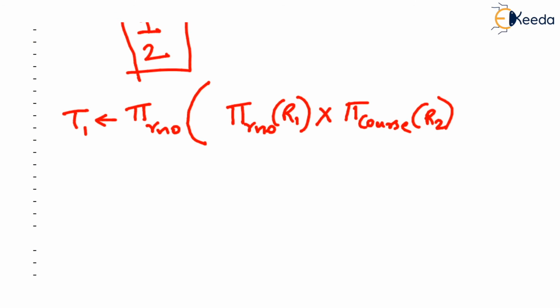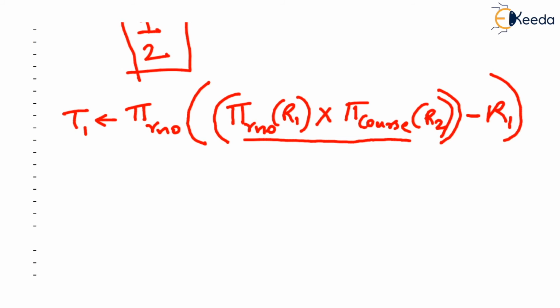This gave us a new or temporary tuple which says that all the students have taken all the courses, and we subtracted it from R1. What this gave us? This gave us the roll number of the students, yes, only roll number of the students who have not taken all the courses. Let's say T2 is the result, temporary tuple again.